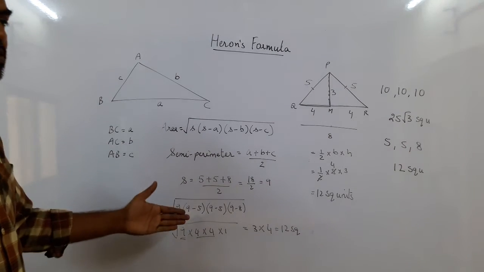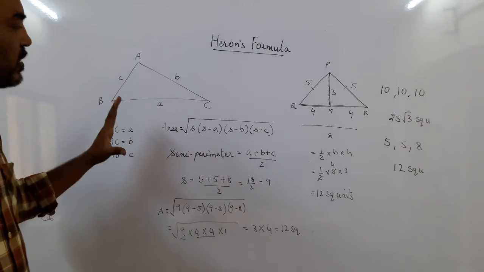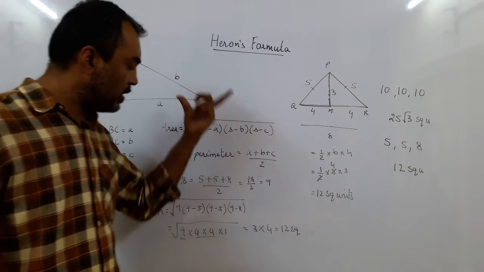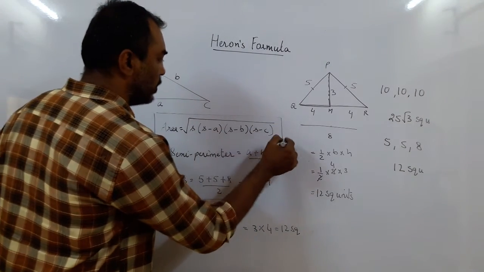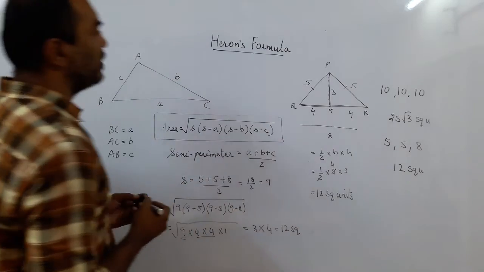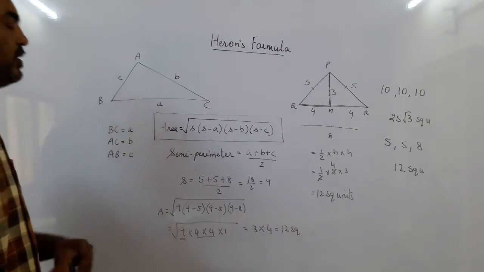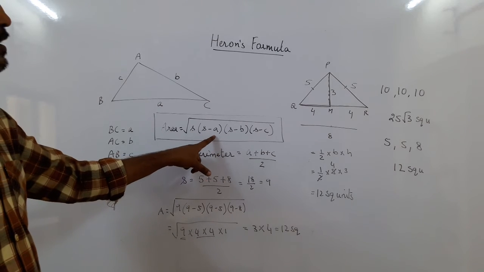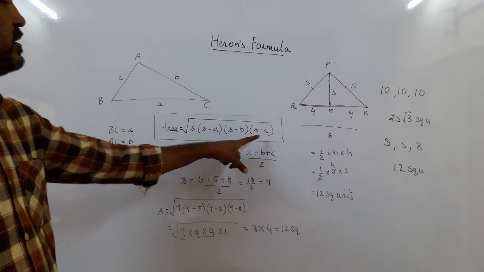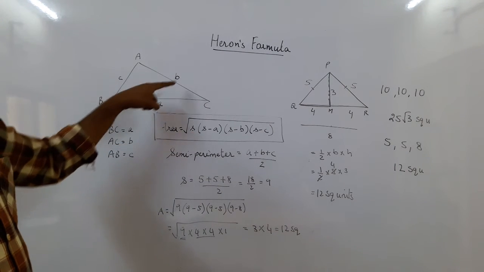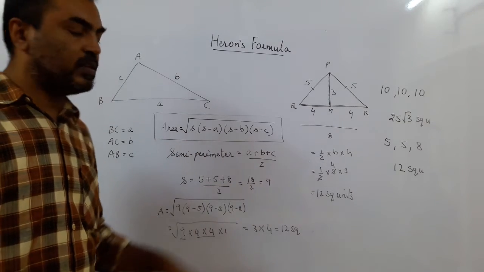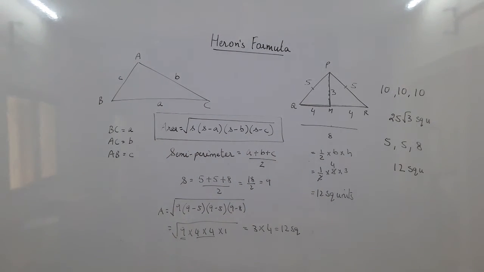Equilateral triangle, isosceles triangle, scalene triangle, right angle triangle, whatever triangle, Heron has given us such a good formula. This formula works for each and every triangle. So this is the formula you need to note down. This is the formula given by Heron, called Heron's formula. The area is under root S into S minus A into S minus B into S minus C, where A, B, C are the sides, and S is the semi-perimeter. How is it found? You add the 3 sides and divide by 2, you get the semi-perimeter. Such an easy and good formula to get all the sums done.